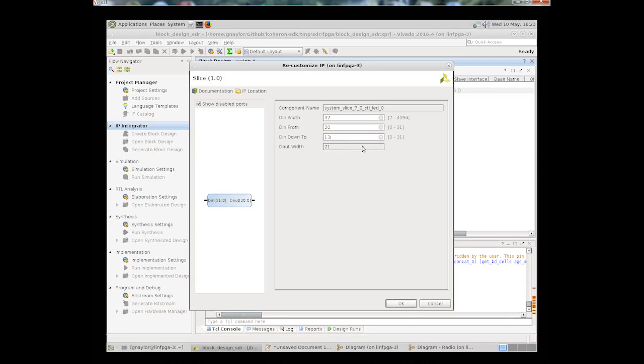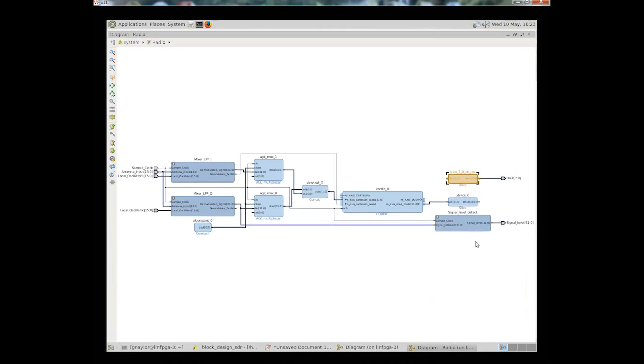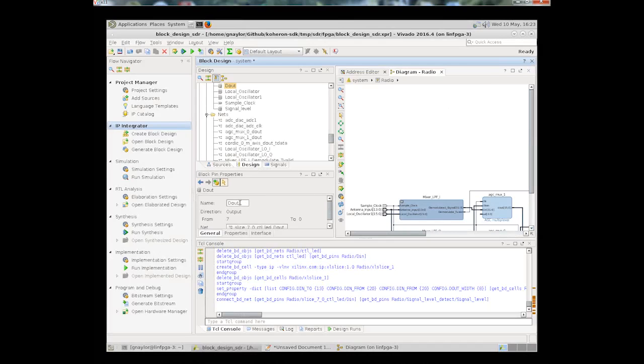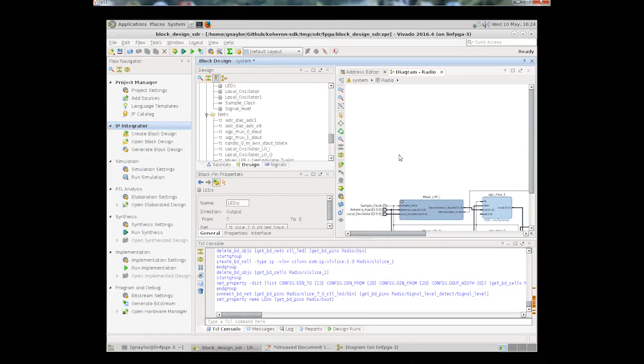So that set of 8 bits, so the 32 bits coming from the signal level, and we're going to drive the LEDs. Now that, let's call that LEDs. Okay,